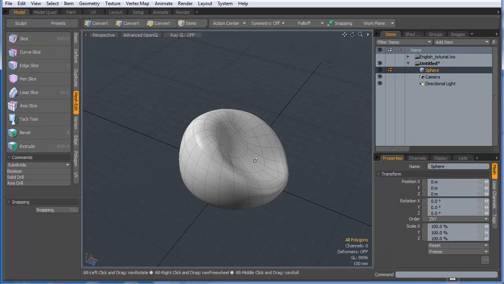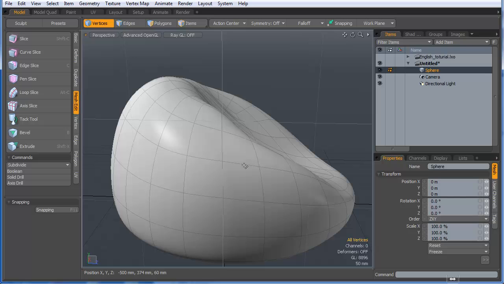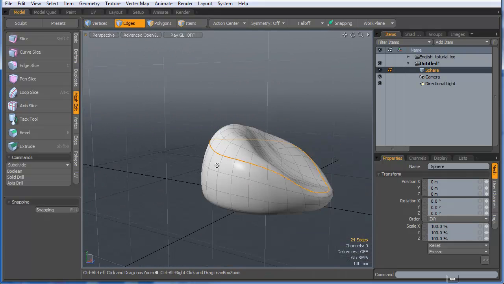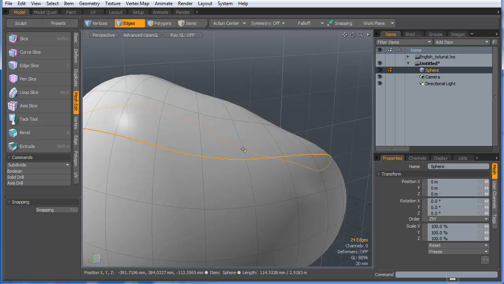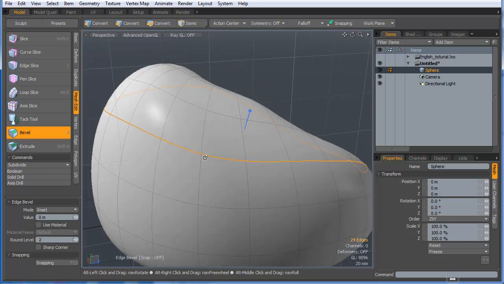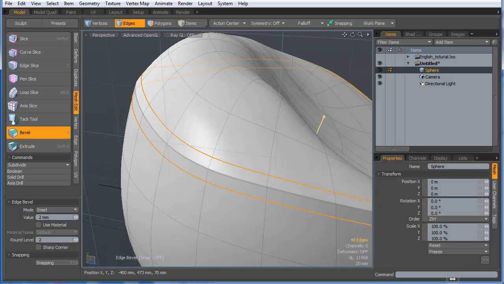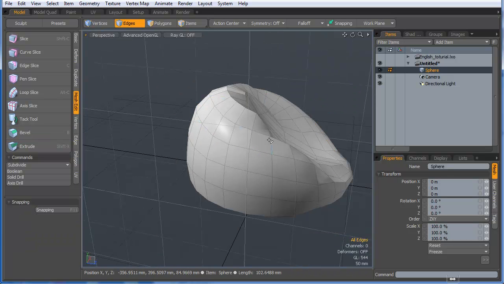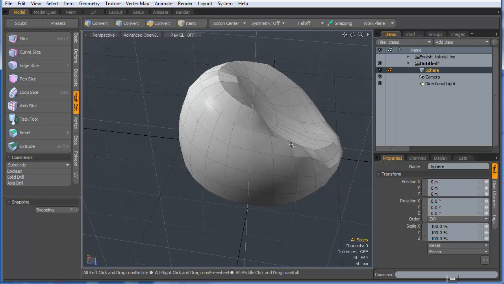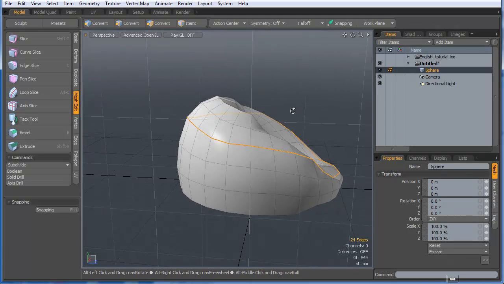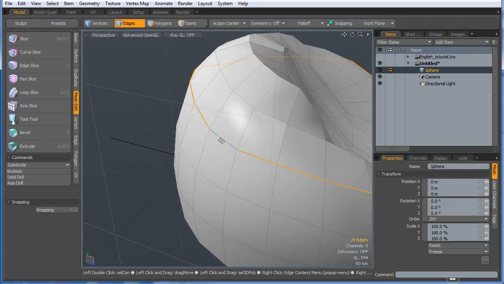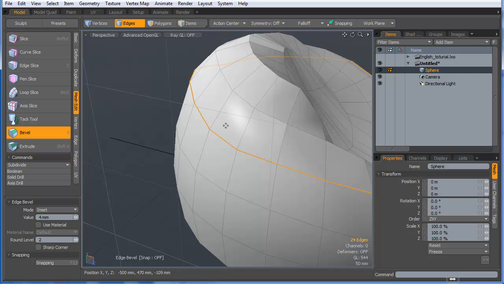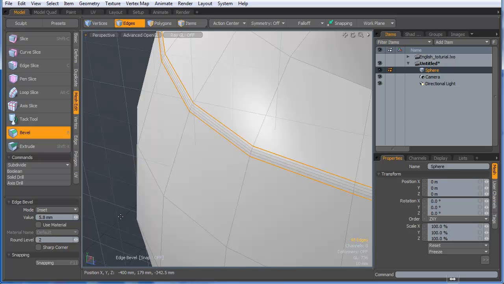No, not UV, we are not done here. I'm going to double click this edge, select that loop, and then we will press W for bevel and right click, and I'll bevel it and Ctrl Z here, spacebar drop the tool, and I will go to normal polygon mode and double click this edge and press B for bevel, right click and drag, and I'm using here the round level of 2,